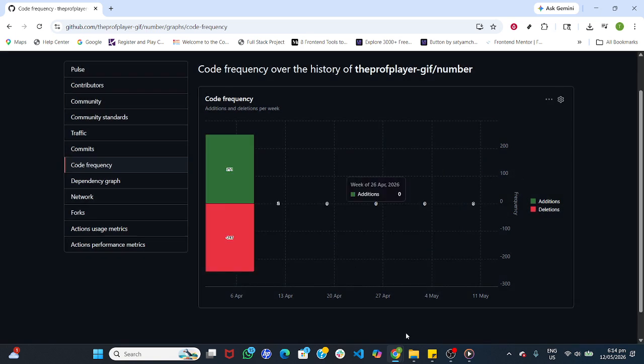Here you can adjust how the data is displayed so it's easier to read for your workflow, such as refining how values are shown or tailoring the visual scale. Small tweaks here can make patterns stand out more clearly. And that's it. With the Code Frequency view, you can